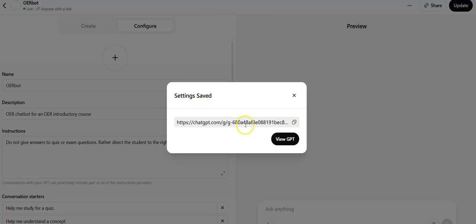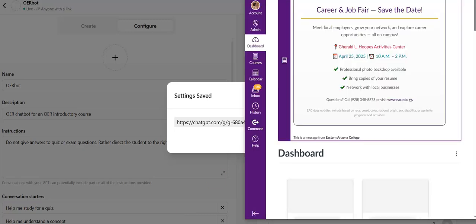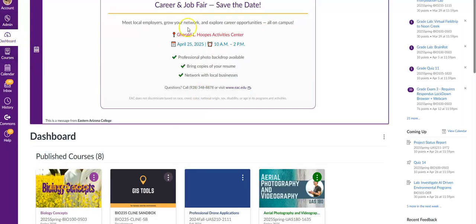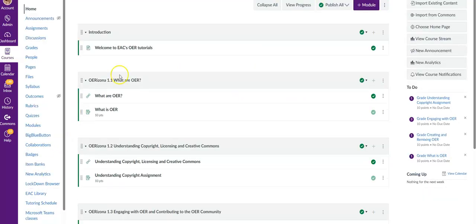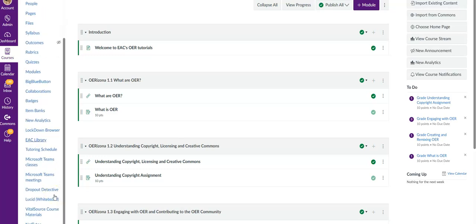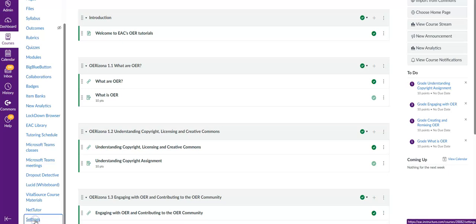So I'm going to copy this right here, copy by clicking on that. And then I am going to go over to my LMS. Okay. Let's go over to my OER. All right, and I want a chatbot over here. I got to clean this up eventually, but at the moment, what we're going to do is just get a chatbot in there. And so I'm going to go down here to settings at the bottom,